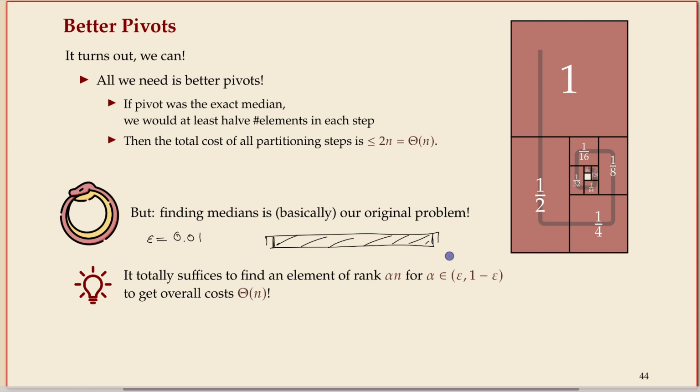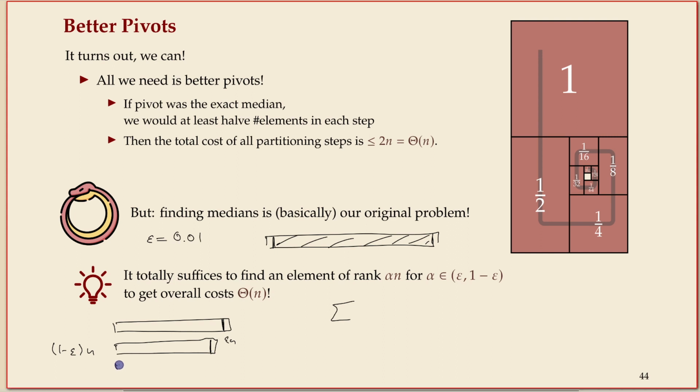And the way to show this is using the same kind of argument. You start with the full array. Now, in the worst case, your pivot is right here at the boundary of where it's allowed to be, but you still lose this epsilon n elements, and you recurse on something of size 1 minus epsilon times n. Here you again split off, in the worst case, at least these epsilon n elements. So what you recurse on is (1 minus epsilon) squared times n elements. So if you keep summing that up,